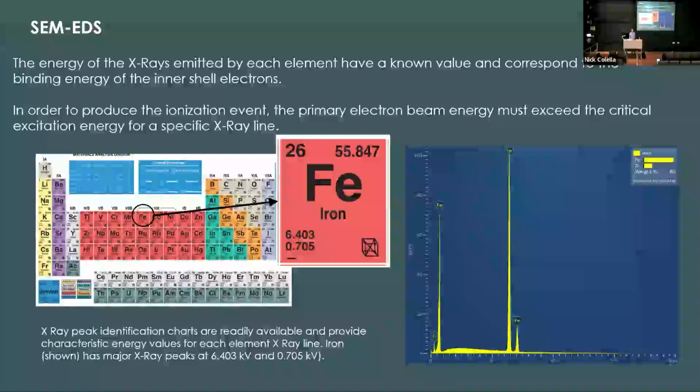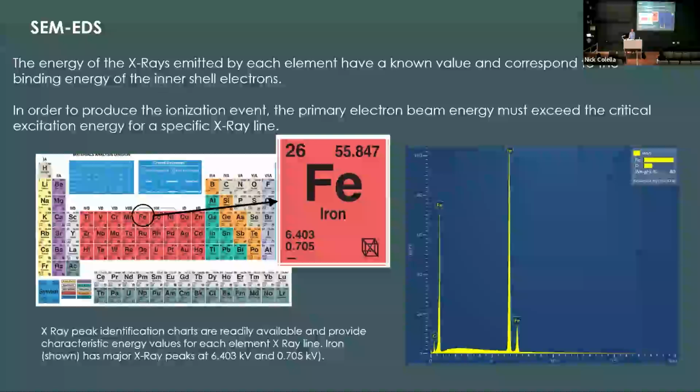That's helpful information to have because in order to actually make any of those X-rays happen, in order to generate the signal that we need to get this information about our sample, our electron beam needs to have enough energy to actually produce those ionization events. So the critical ionization energy is usually taken to be about double for any specific X-ray line that we're hoping to measure. For iron, if I want to measure this top line here at 6.4 kV, I'd want a minimum acceleration voltage of 12 or 13 kilovolts, something like that.